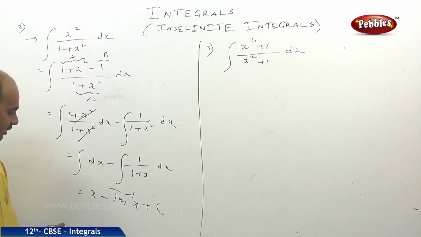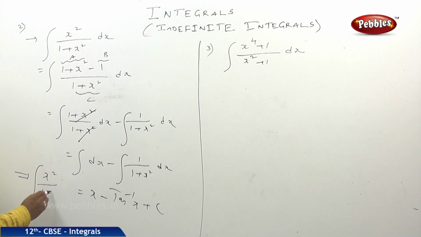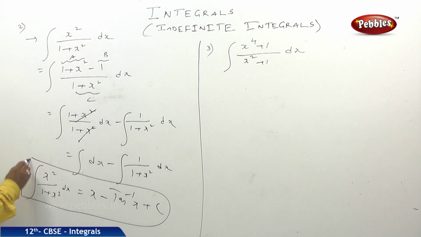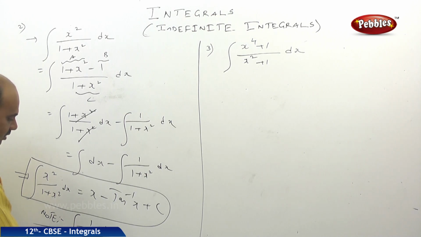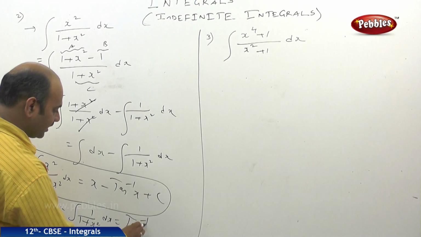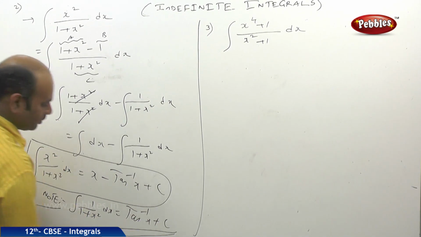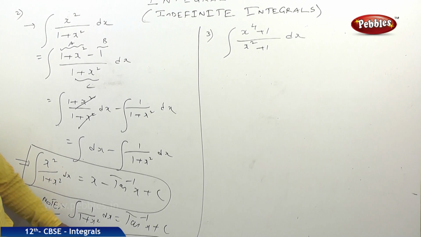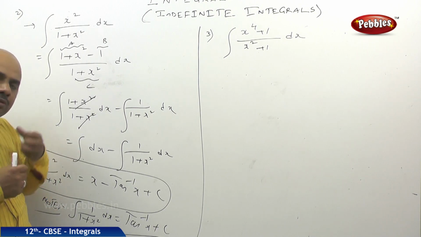Right, I am writing that formula once again, but before that, I will give the answer. Integral of x square by 1 plus x square dx is nothing but x minus tan inverse x plus c. What is the formula we used here? I am giving it as a note, everyone can copy. Integral of 1 by 1 plus x square dx is nothing but tan inverse x plus c. We have just applied that here. Right, that means our mind should work a lot.